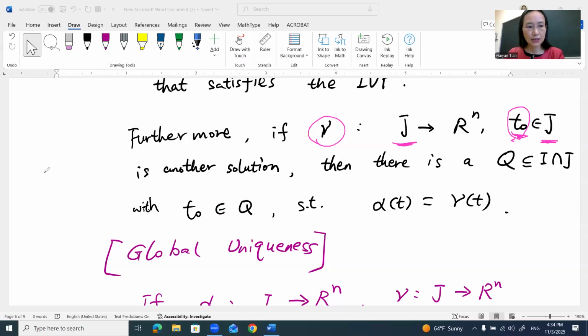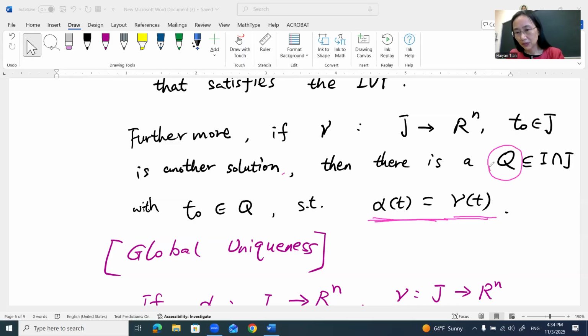If gamma is another solution defined from a time interval to Rn, then we can show that this solution gamma is identical to alpha, the solution we found already. That means if you think there is another solution, then gamma has to be the same as alpha over an interval which is a subset of